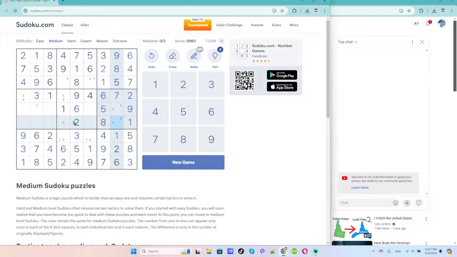I told you previously in a similar case that when you see a pair of numbers, it's quite interesting because there is a high possibility that an X-wing pattern is going to appear next to it. And what do I mean? I mean